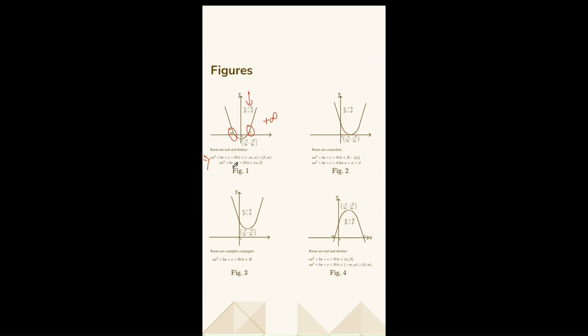So for that reason, you can see the value of the graph at the particular points is greater than 0 for all the points between beta to infinity and minus infinity to alpha. And you can see all the points between alpha to beta are lying below the x-axis, or you can say the y value for all these points will be negative. So ax square plus bx plus c is less than 0 for all the points between